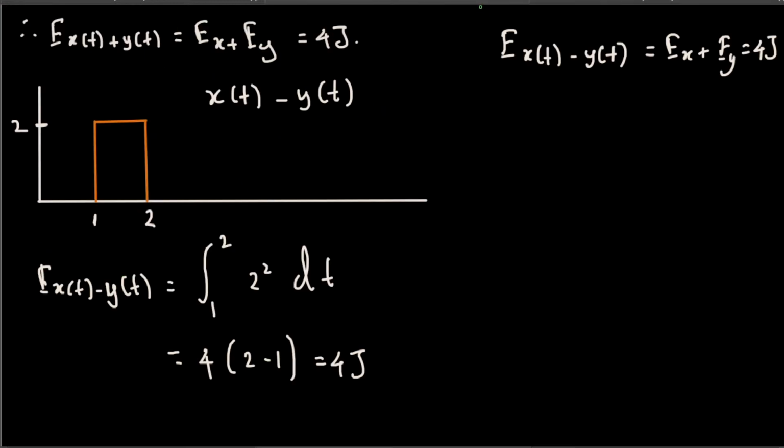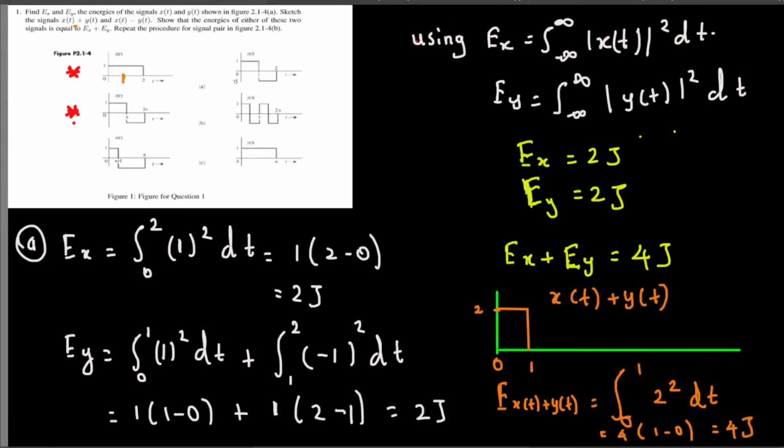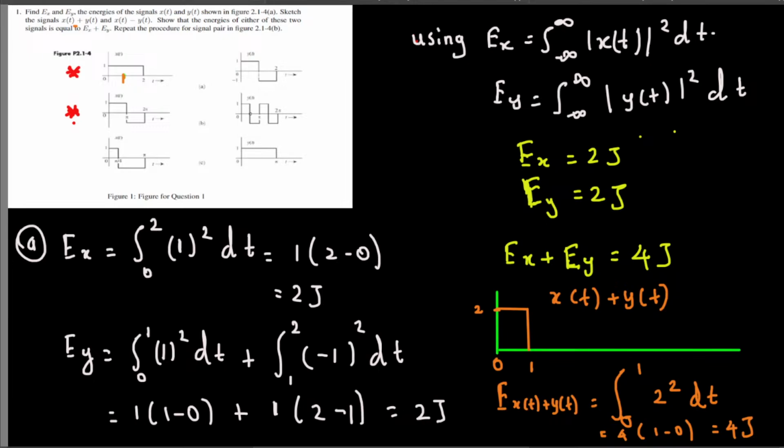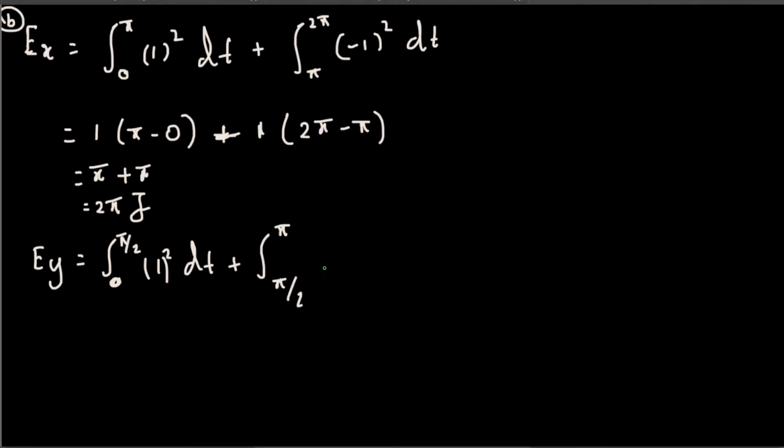So first we have 0 to π/2, and the height is 1, so the integral of 1 squared dt, plus π/2 to π. What do we have at that point? From π/2 to π, negative 1 squared dt, and then